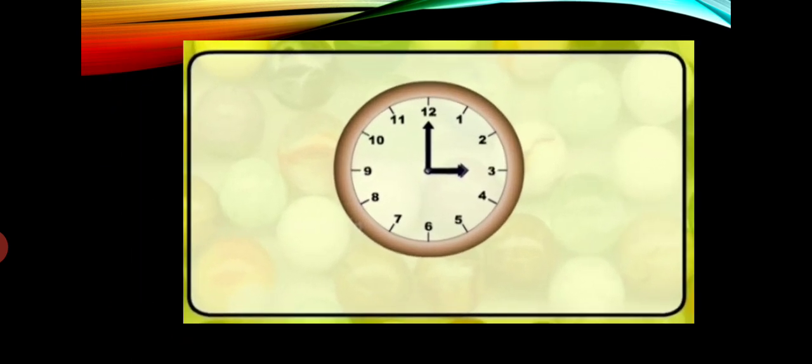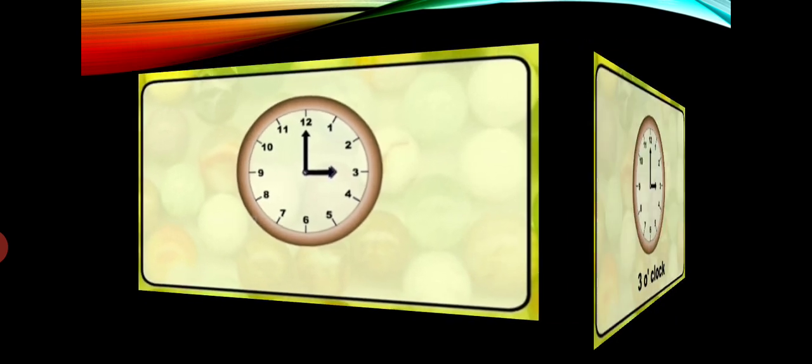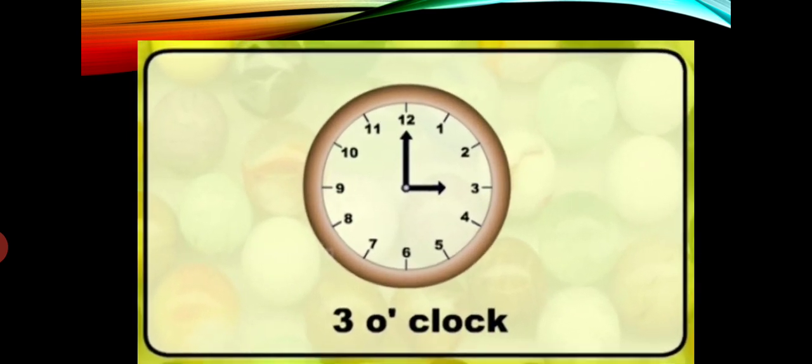Now, read the time given in this clock. बताइए कितना बजा है? So students, learn this. When the minute hand is at 12, जब minute hand 12 पर होता है और hour hand जिस भी नंबर पर होगा उस समय वही टाइम होगा. In this clock you can see the minute hand is at 12 and the hour hand is at 3. So the time is, yes, 3 o'clock. So learn it very well. इसको याद रखना, जब भी मिनट हैंड 12 पर होगा और आवर हैंड जिस भी नंबर पर होगा उतना उस समय का टाइम होगा. In this clock the minute hand is at 12 and the hour hand is at 3. So the time is 3 o'clock.